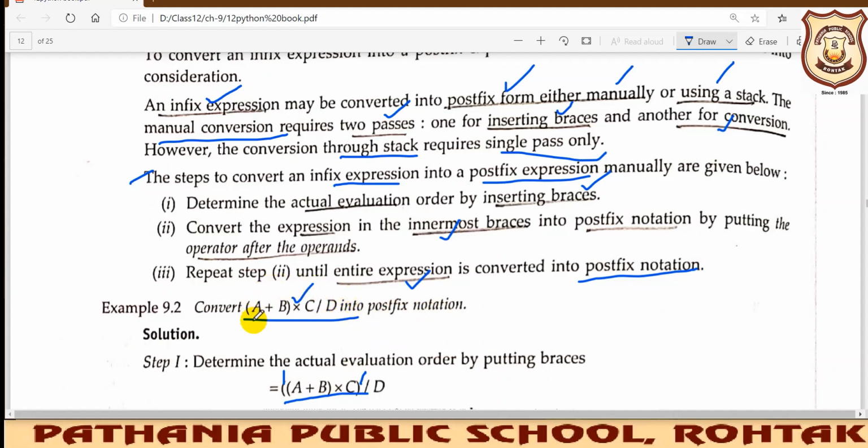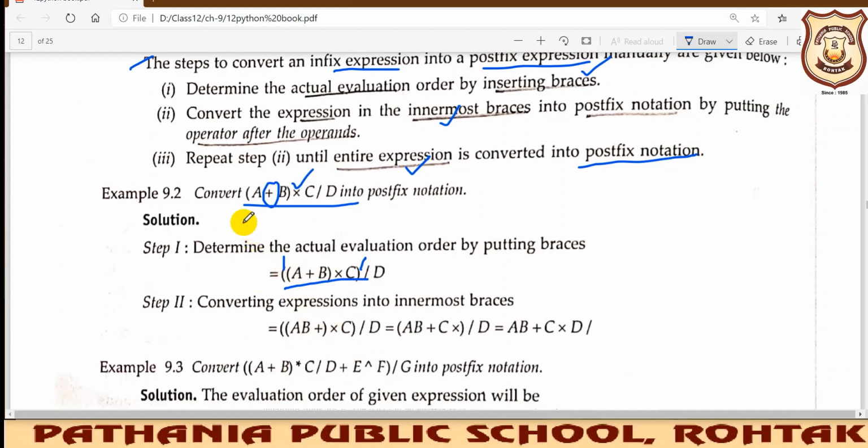How can you say whether this is infix, postfix or prefix? By looking at the operators only. If the operator is lying in between the two operands, then this type of expression is known as an infix expression. Okay, like we have given the postfix expression for it, so you will find the operators are lying at the end of the operands, right? So this is the postfix expression of the same infix expression that has been given here. So tomorrow we will learn how to convert these different infix expressions to postfix expressions.